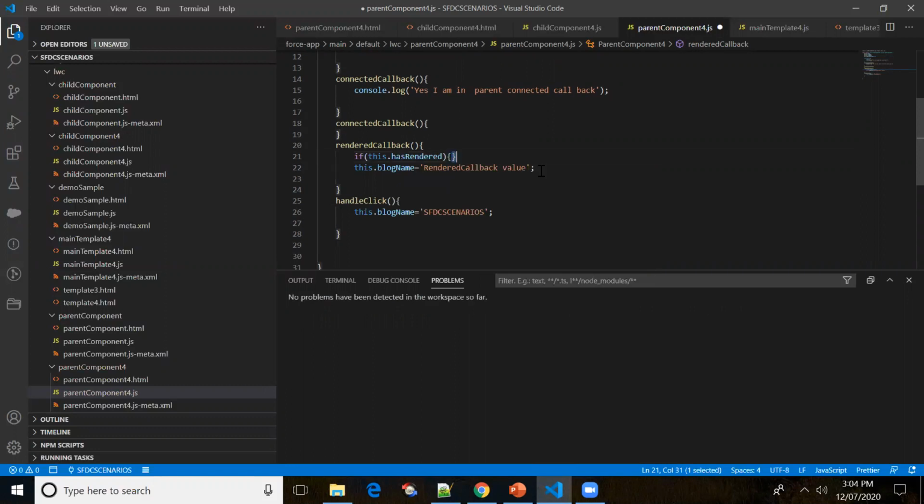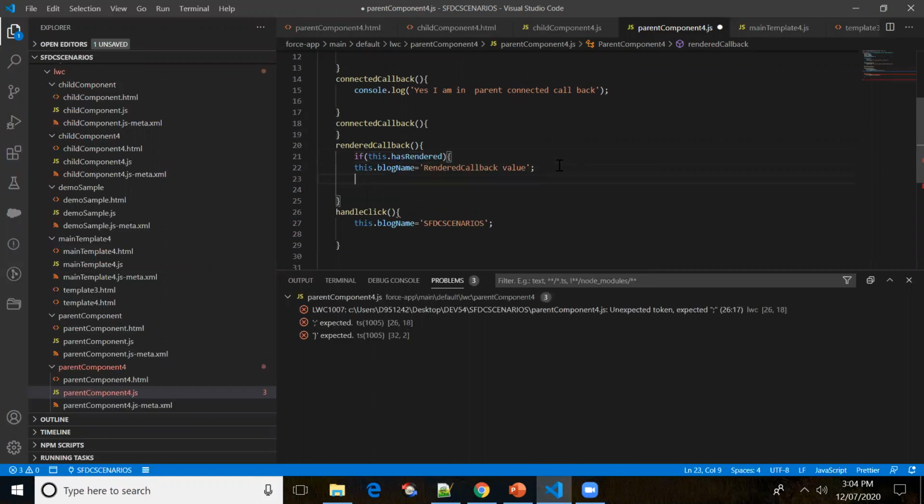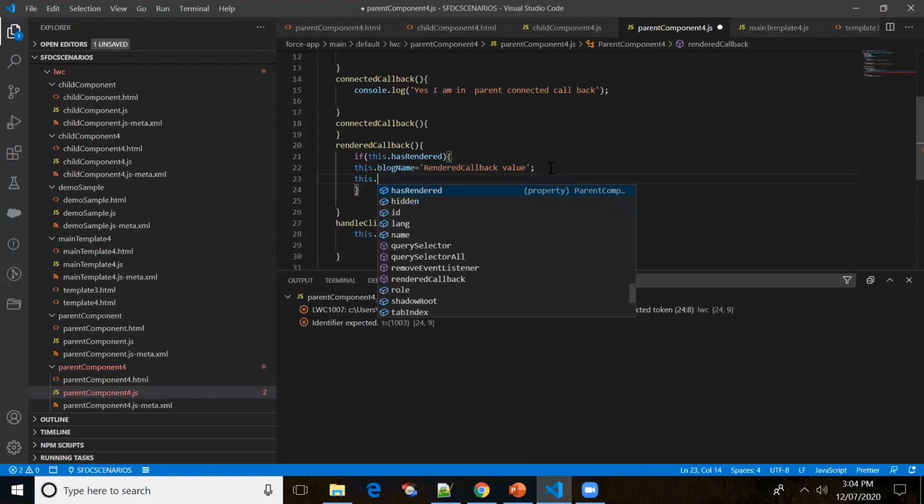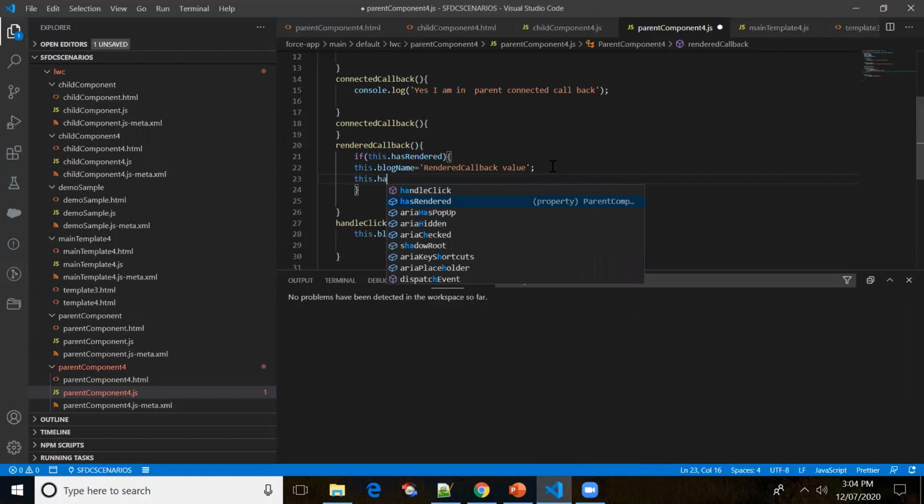If it is equal to true, then we'll be executing this, so it will get executed only one time. After executing this, I'll just set it to false.